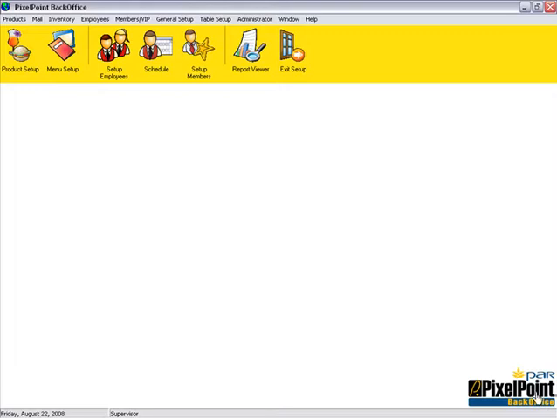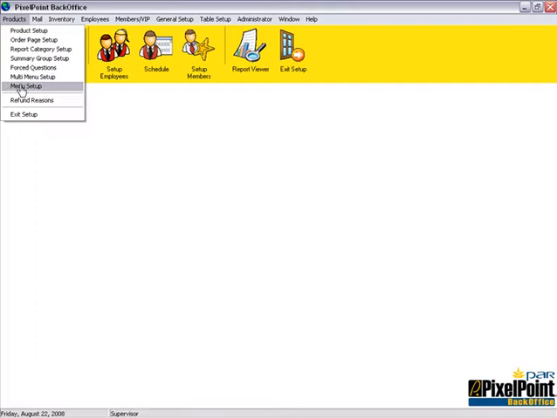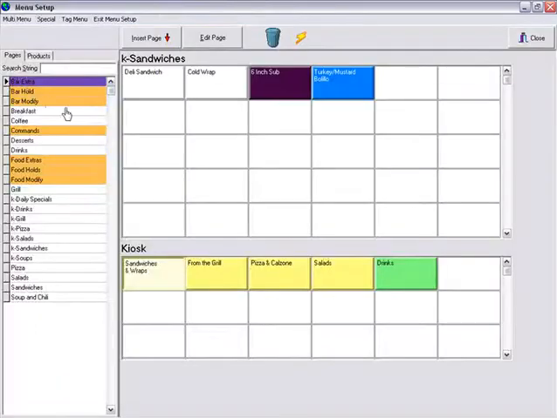To program the contents of a menu, go into Products and Menu Setup. Now, taking a look at this screen, let's first of all cover off what we have within the pull-down menu across the top. The first thing we have here is multi-menu. Now, you may recall in the previous video, we assigned multiple menus within the system where we had different menus